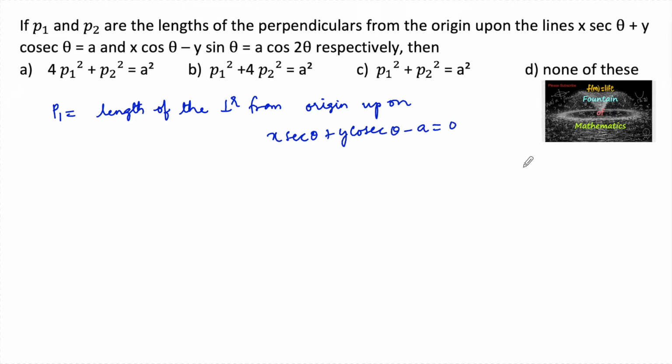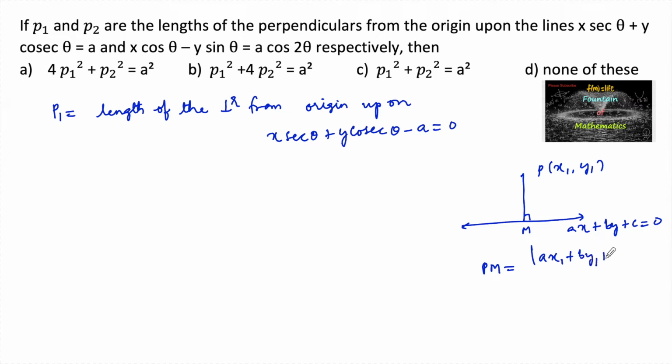and we know the perpendicular distance from a point x1, y1 to the line ax plus by plus c equals 0 is given by p is equal to mod of ax1 plus by1 plus c upon root over a square plus b square. So here we can write P1 is equal to, with the origin 0, 0, we can substitute here